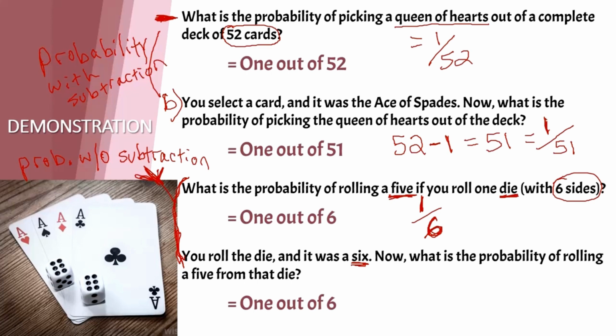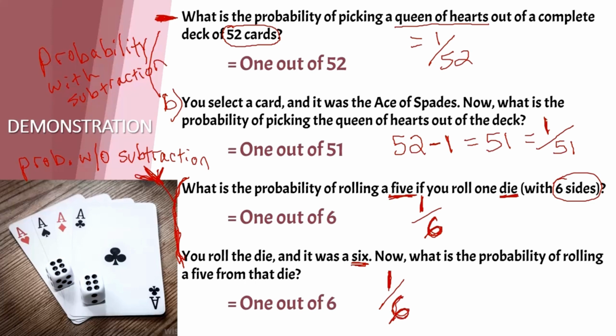But when you're rolling a die, or when you're rolling dice, you're not taking anything away from it. You rolled a 5, but you're not taking that 5 off of the die and setting it aside. You still have 6 sides to the die. So what is the probability of rolling a 5 from that die on your second roll? Well, it's still going to be 1 out of 6 because there's only one 5 and there are still 6